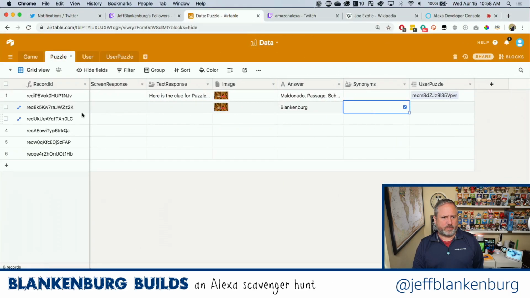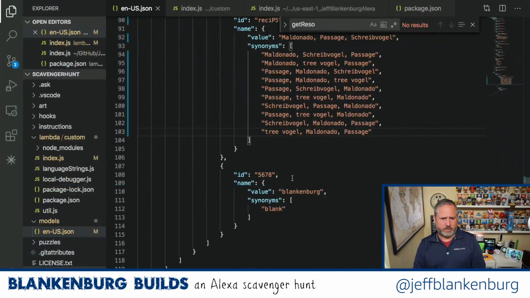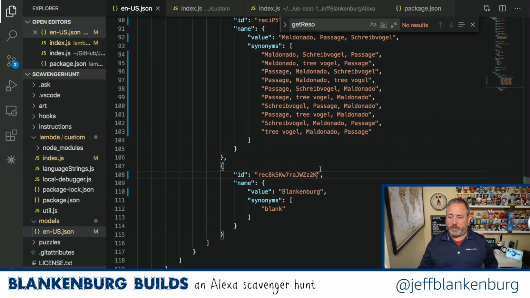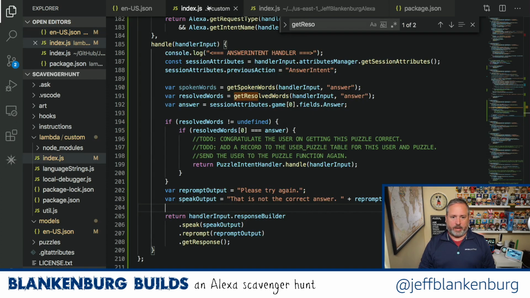So I was going to get the record ID for this. And this needs to be over here. This needs to be capital B, because I actually am trying to match those strings exactly. What I will do ultimately is generate this list. This will all be automatic so that I don't have to worry about, like, did I capitalize it in one place? It'll all be automatically pulled, so I won't have to worry about matching. They will match because it'll be the same data. Okay, so I have my two slot values. I have my code for checking an answer. And so